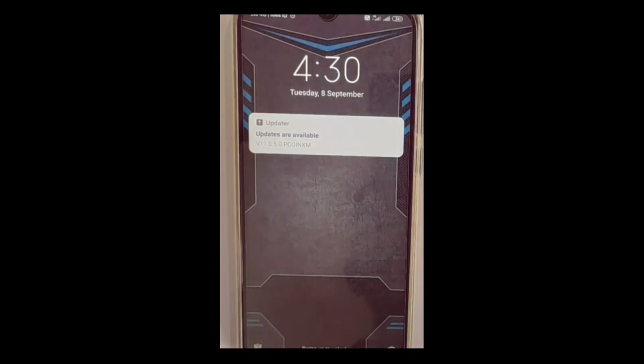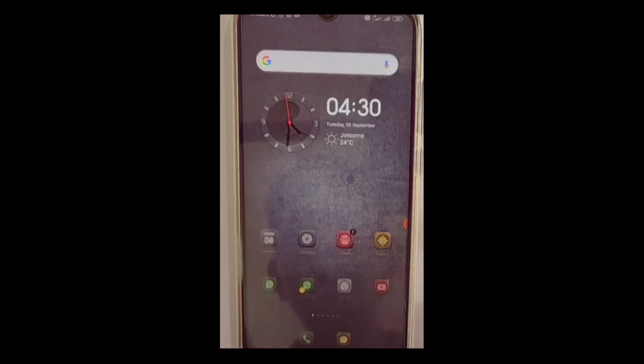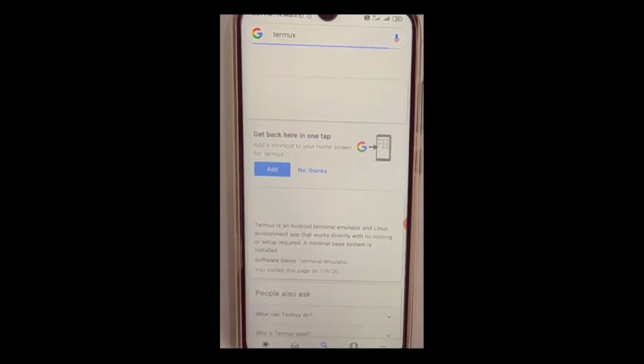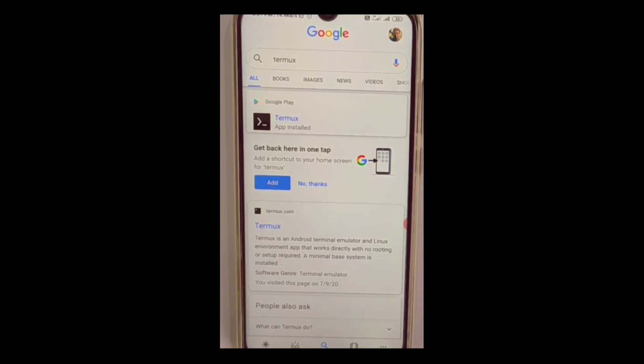So for that, first of all, I'll show you how to install one software. The software name is Termux, T-E-R-M-U-X. You can type it in Google or the Play Store and install the application.